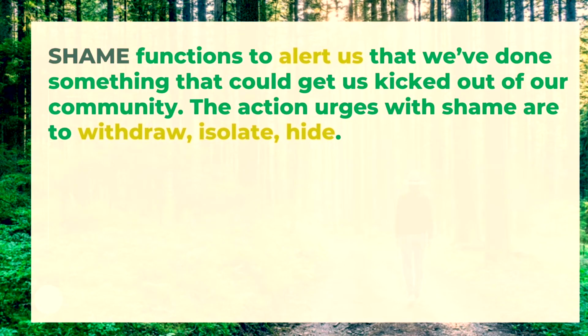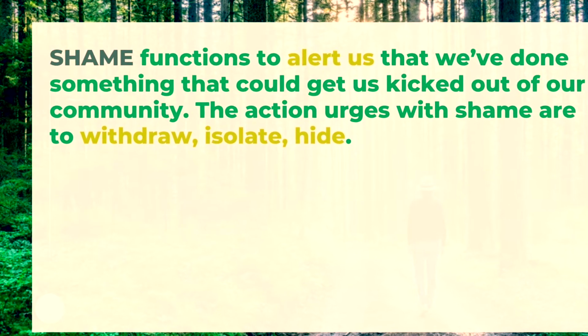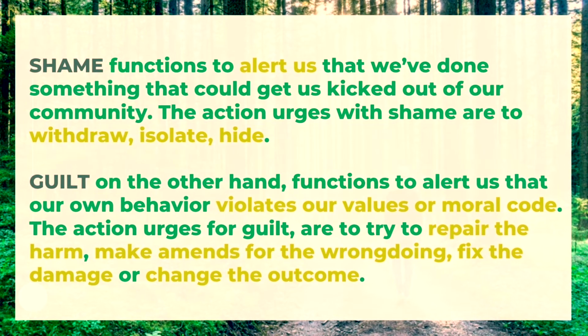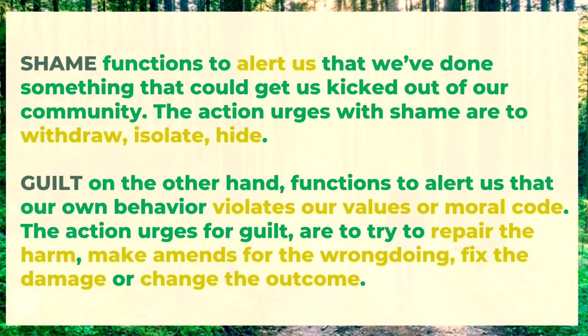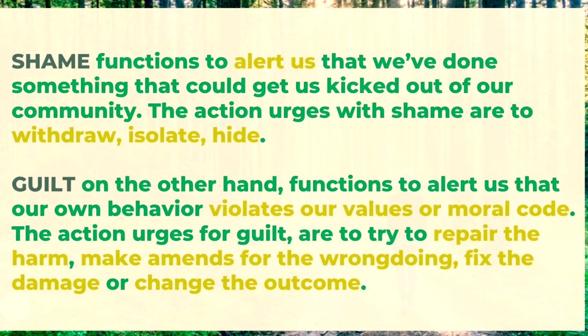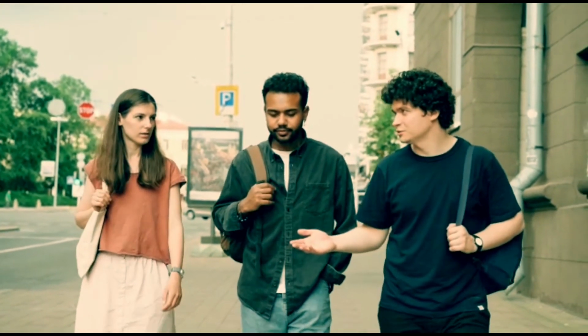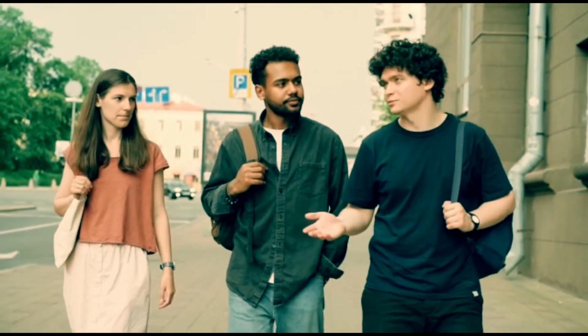Shame functions to alert us that we have done something that could get us kicked out of our community. The action urges with shame are to withdraw, isolate, or hide. Guilt, on the other hand, functions to alert us that our own behavior violates our values or moral code. The action urges for guilt are to try to repair the harm, make amends for the wrongdoing, fix the damage,